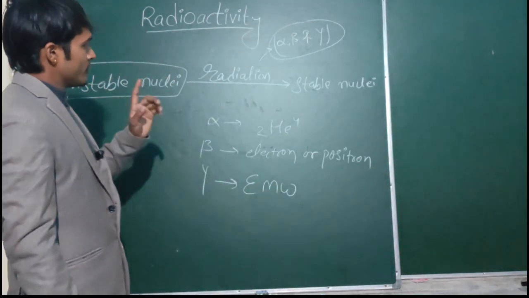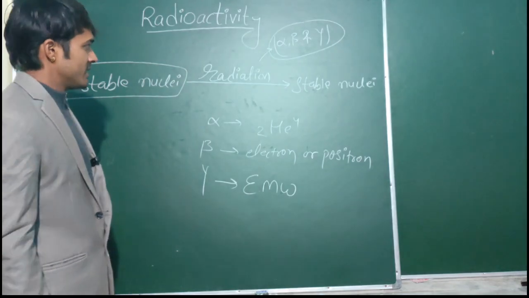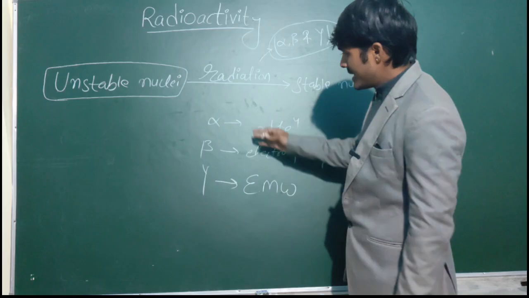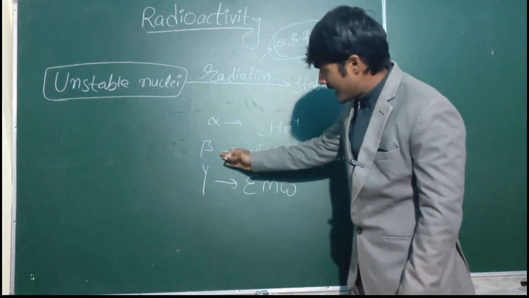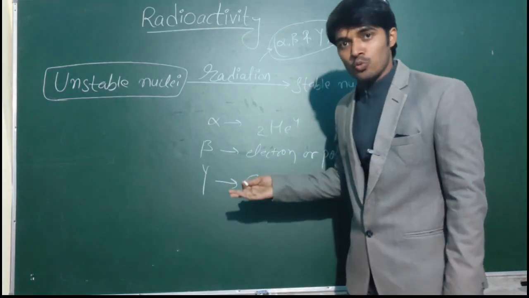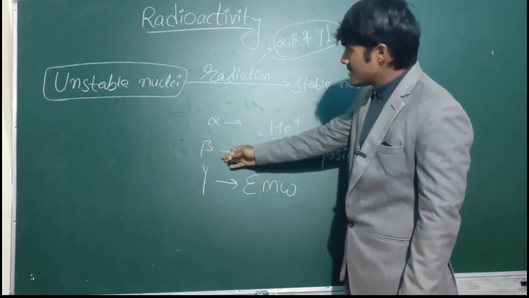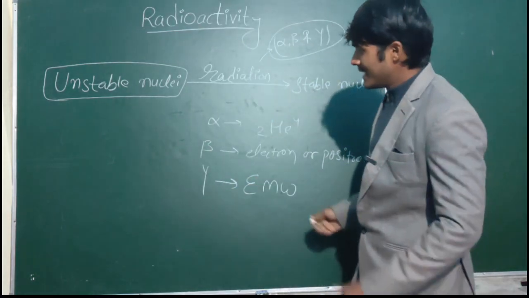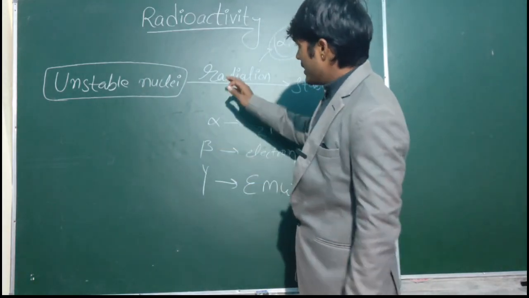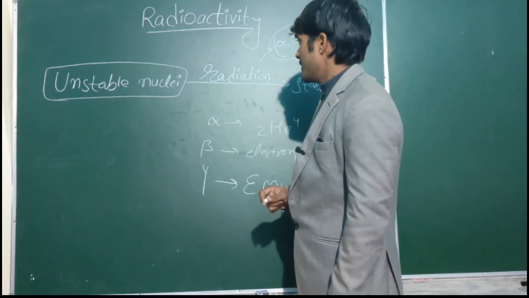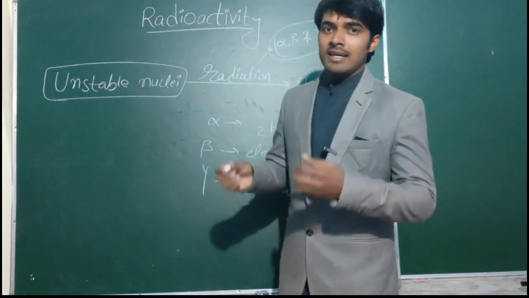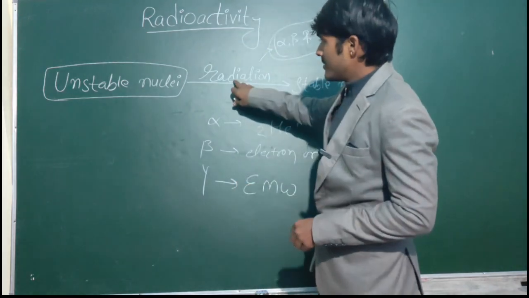For the very first place, we are considering all these three as forms of radiation, but we can clearly see that alpha and beta are particles: electron or positron, and a helium nucleus. So how are we categorizing these particles as radiation? The very technical, ancient, traditional definition of radiation is an electromagnetic oscillation. So light is a form of radiation. Anything that is an electromagnetic oscillation, we categorize as radiation.